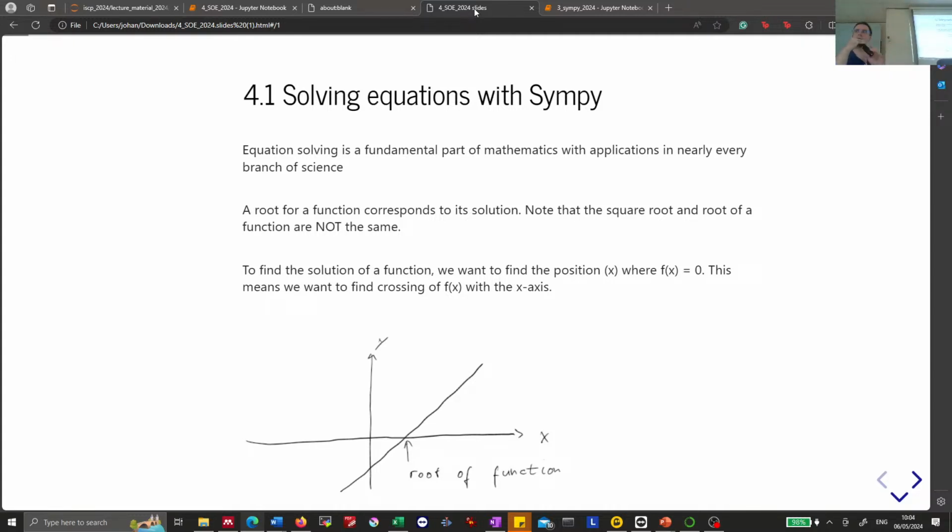And which point is the solution? Yes, the crossing through the x-axis. Why not the crossing through the y-axis? Because our variable is x, in this form of equation. So this is,